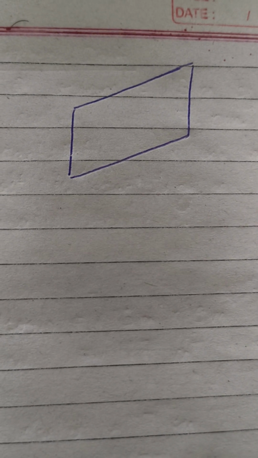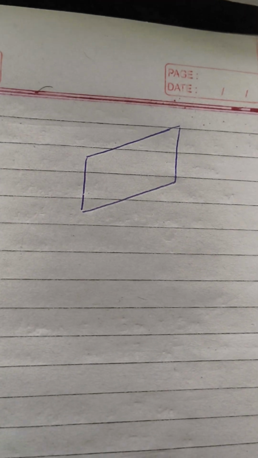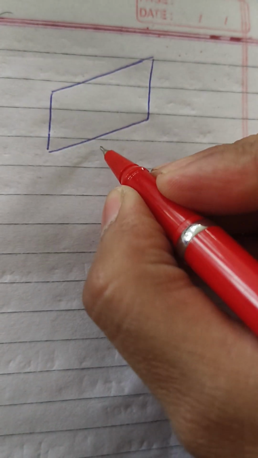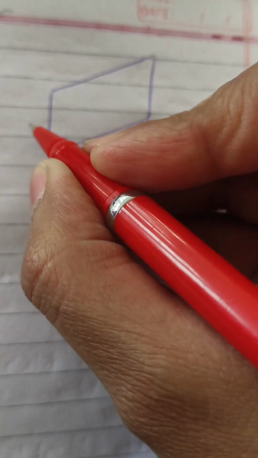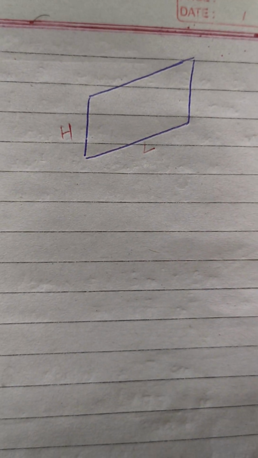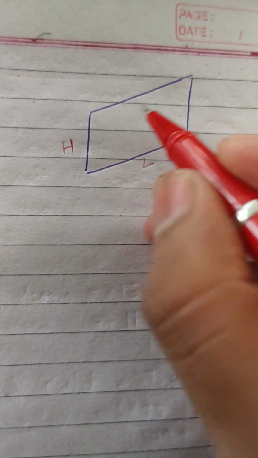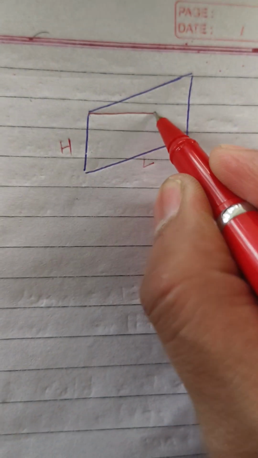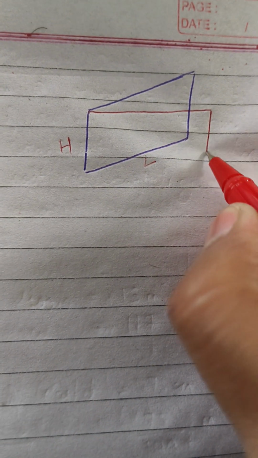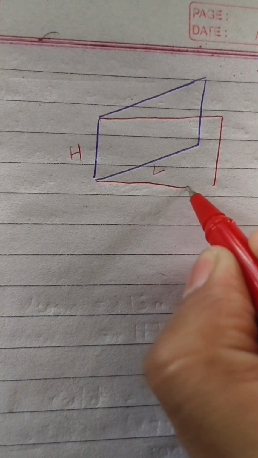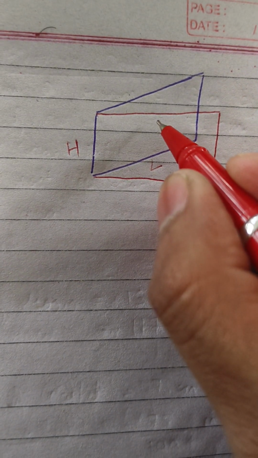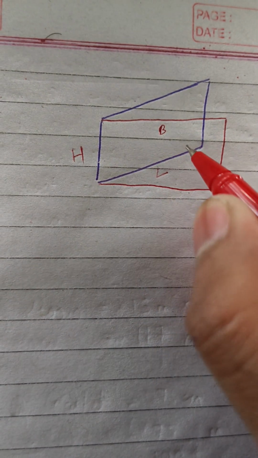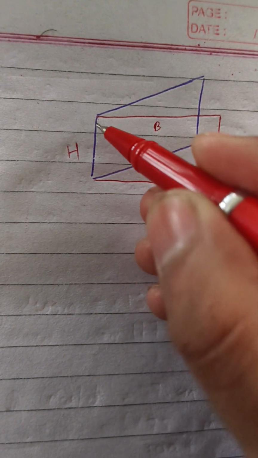Okay, so let's suppose that this is one wall of your room. Just suppose that it is the length of that wall and it is the height of that wall. Now suppose one side of the wall is the front side of your room, so it will be the breadth of that room, and again the height will be the same everywhere.